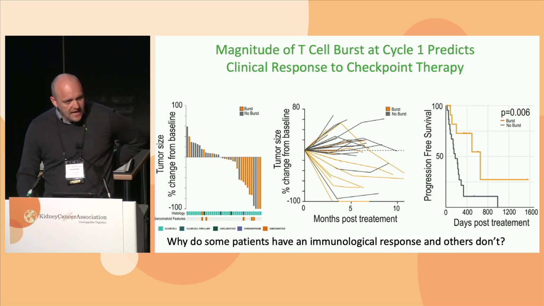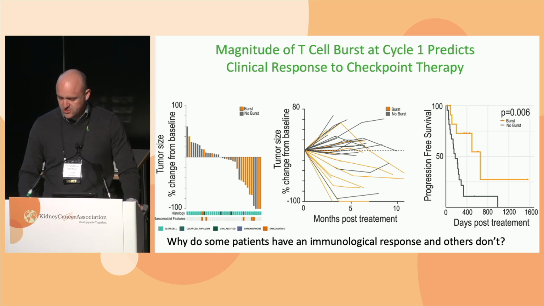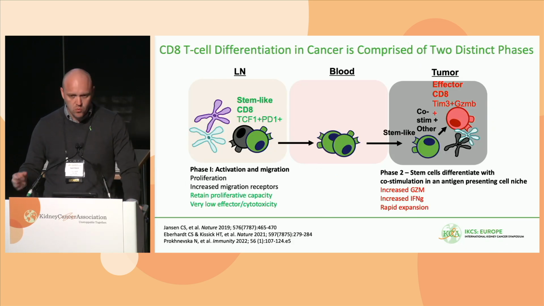Sort of an interesting underlying biological question is, why do some patients have an immunological response or not? This is work from our lab, basic immunology. I'm going to take you through just the most important part of this. What we've found is T cells undergo activation in many different stages. There's this important type of T cell we call a stem-like T cell that's kind of the source of all the effector anti-cancer cells. This cell resides in the tumour, and this is the cell that PD-1 blockade works on. It works on this cell to make effector progeny cells.